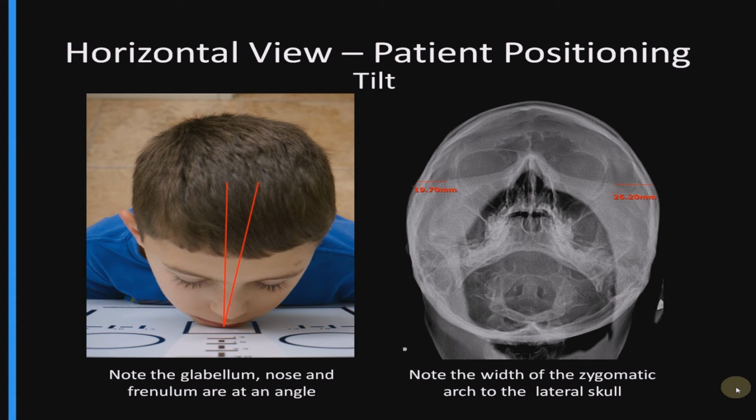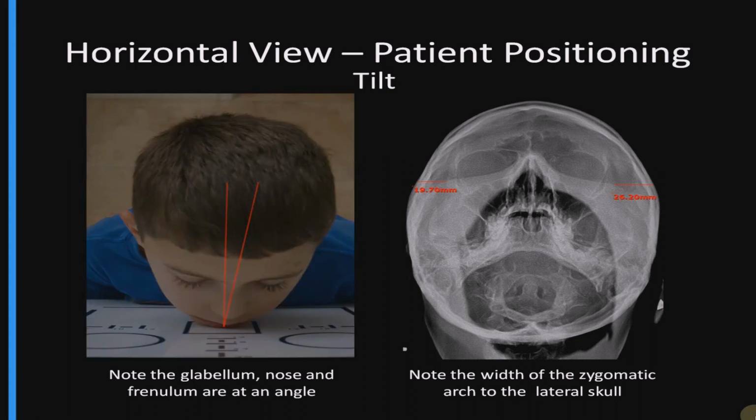If they are not level with the center line of the Bucky, then that means there is head tilt on this patient's setup. A second way of assessing it is to look in the mirror and see if this vertical line is passing through both the glabella and the nose and the frenulum. If not, that would also indicate that there is lateral head tilt. To correct for this,